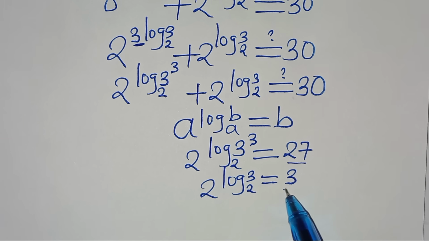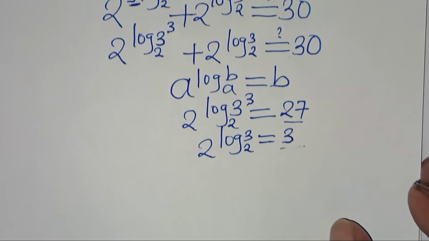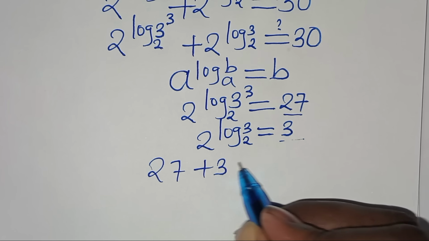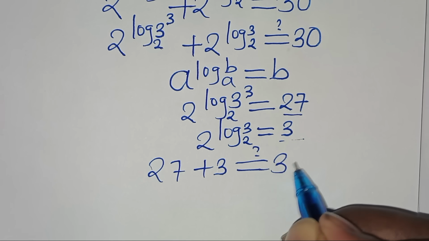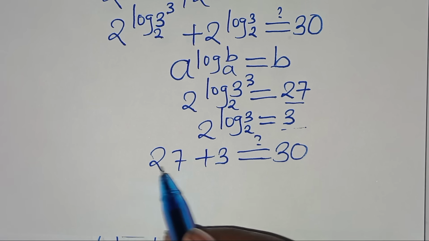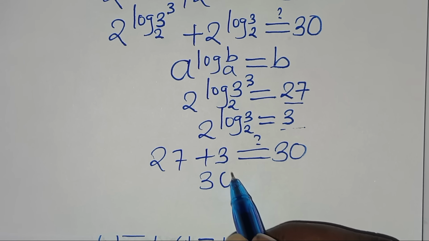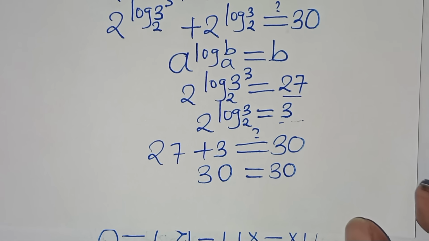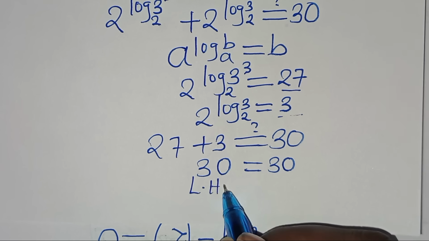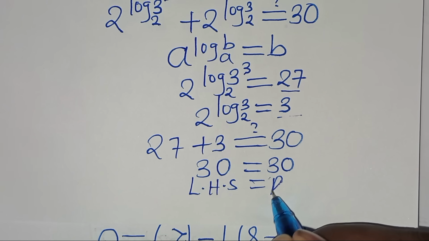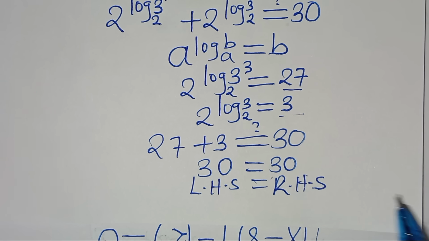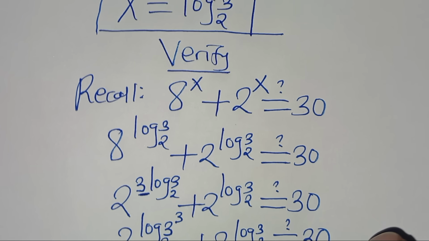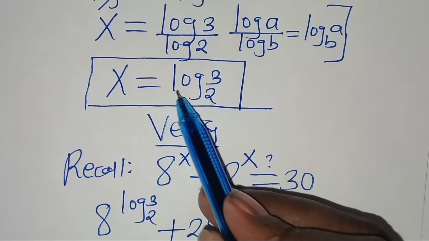Substituting 27 and 3 back into the equation, we have 27 plus 3, which is equal to 30. So the left hand side is equal to the right hand side, and this proves that the value of x, which is equal to log 3 to base 2,